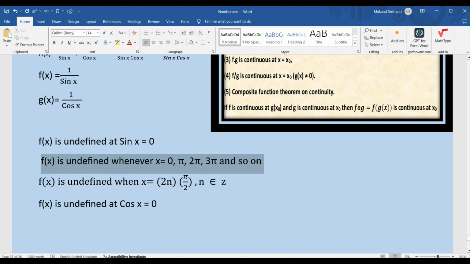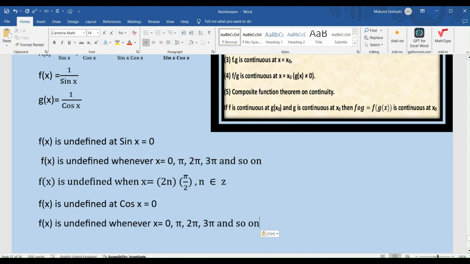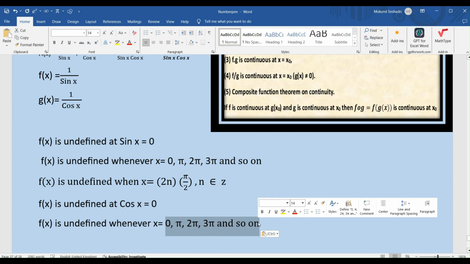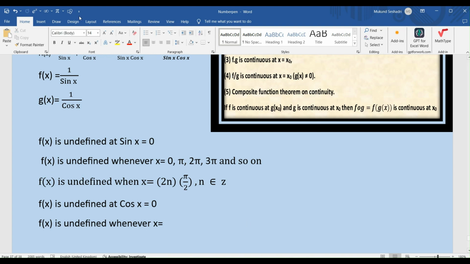And what does that mean? When is cos x 0, folks? Whenever we have x equals pi by 2, we have our cos x becoming 0, and we have 3 pi by 2, again cos x takes a value 0, and whenever we have 5 pi by 2, cos x takes a value